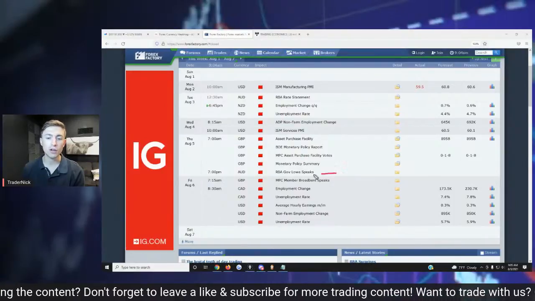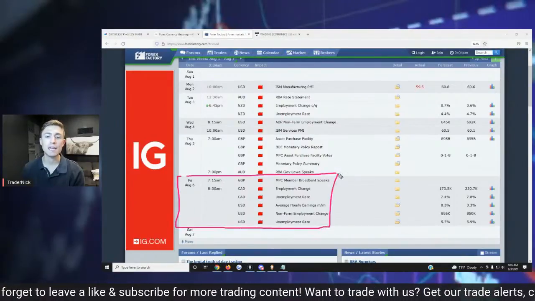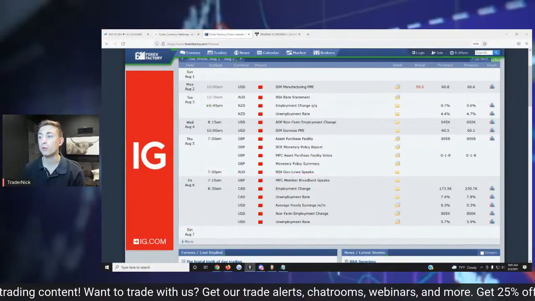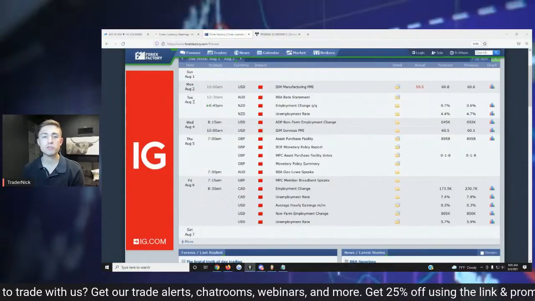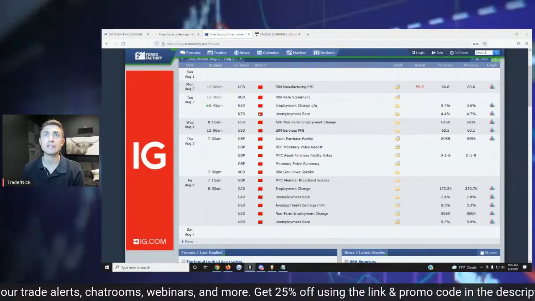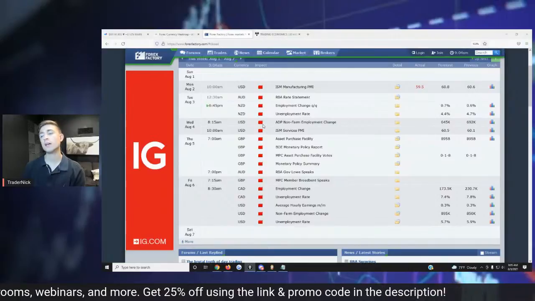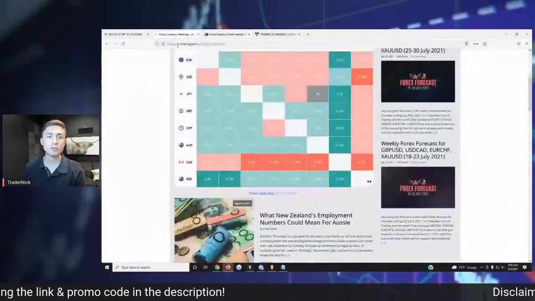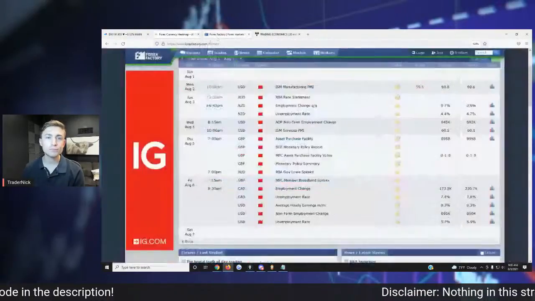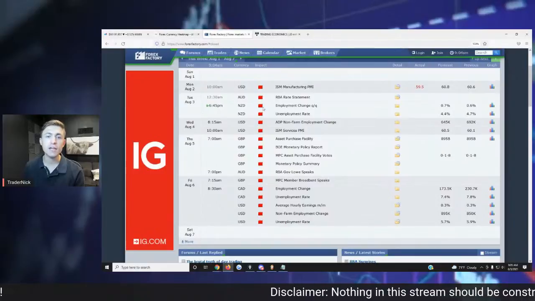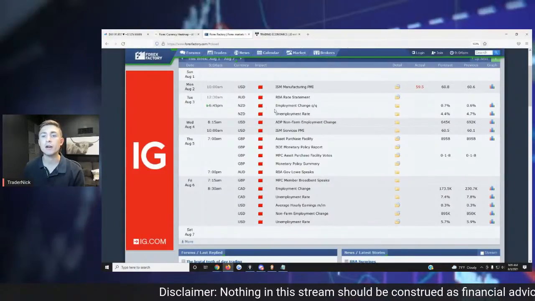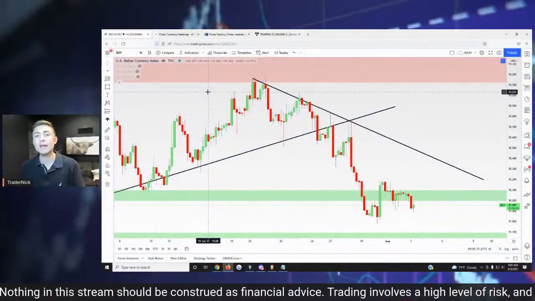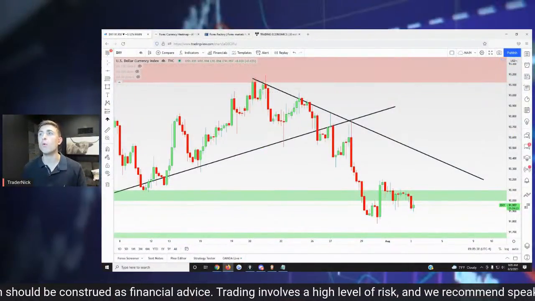And then finally on Friday, you have the big NFP, or non-farm employment change, which is basically unemployment here in the US. So lots of interesting stuff coming out, lots of red folders. You can see lots and lots of stuff on the radar for the week, so the markets are probably set to keep moving around quite a bit. Going into today, we have a strong NZD ahead of their employment numbers, which are coming out later today. So perhaps we'll take a look at some of the NZD crosses to see what is going on there.